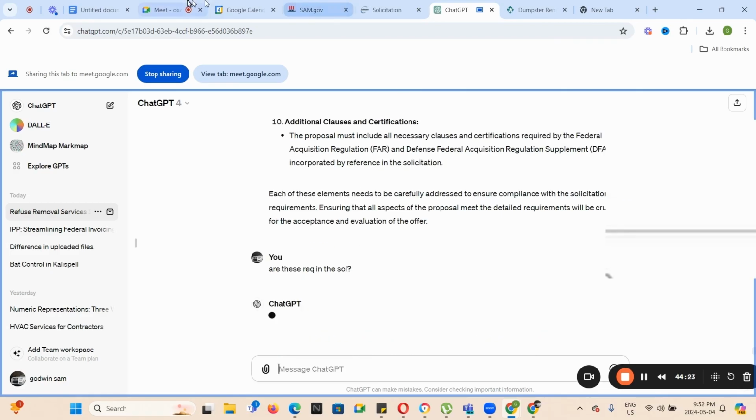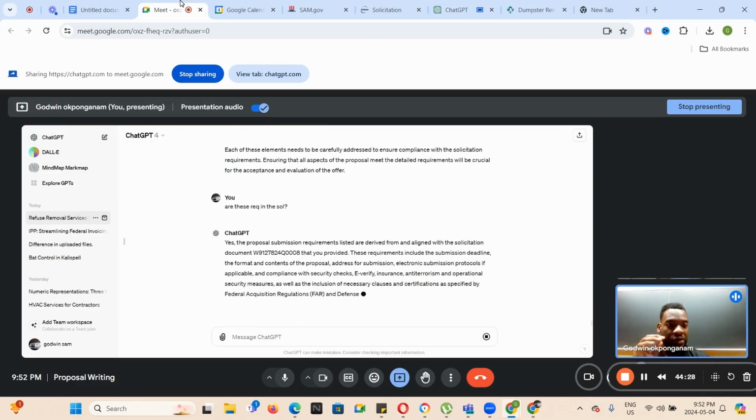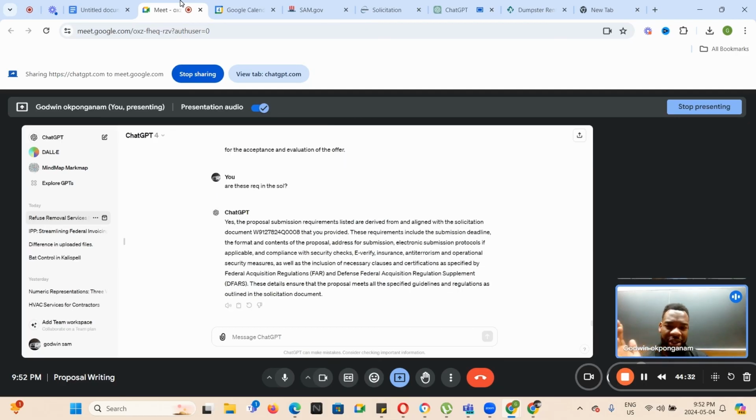Oh, and by the way, I want you guys to remember that this particular contract that we got was one of those that take us to a third party website. And I think I've mentioned this before, but typically they have a different process if it's a third party website when it comes to submissions. I usually ignore third party websites because I just like to have that direct communication with the contracting officer where I have their email. But this says yes, the proposal submission requirements listed are derived from and aligned with the solicitation document